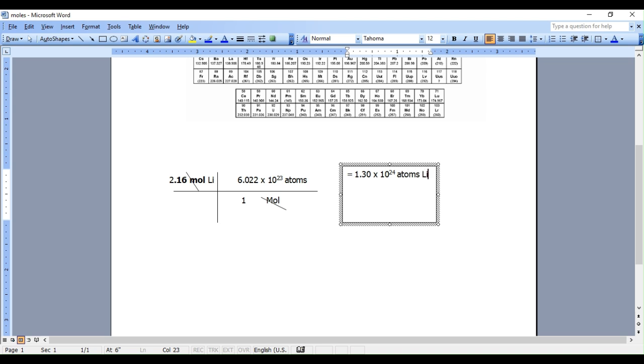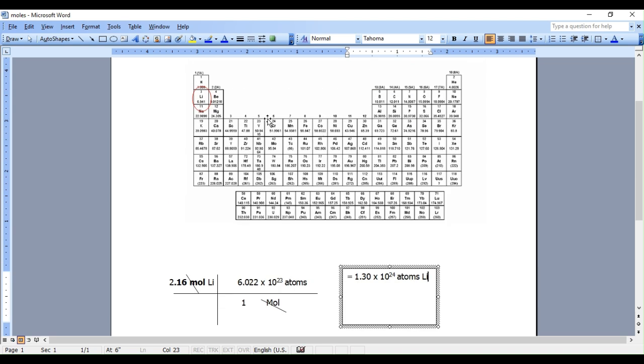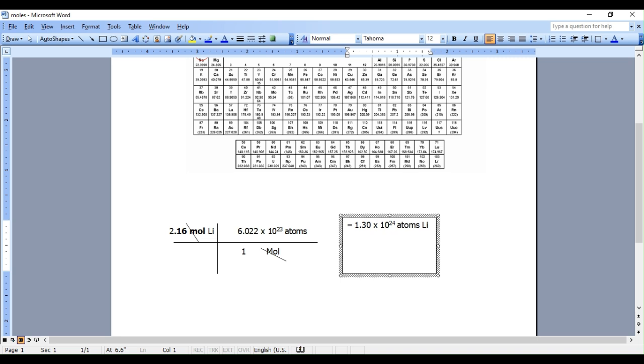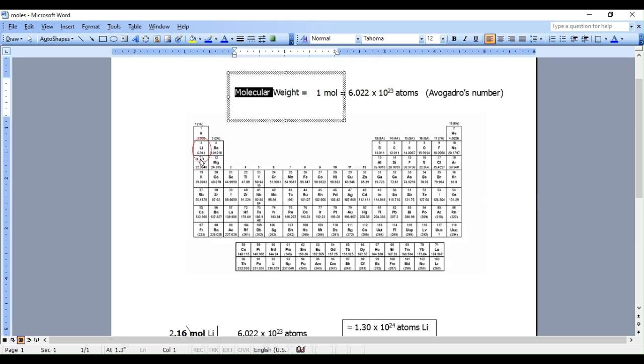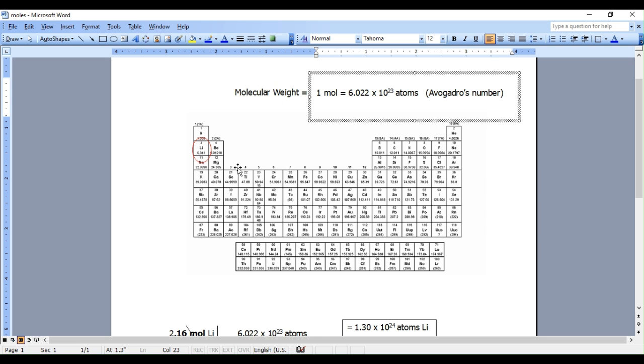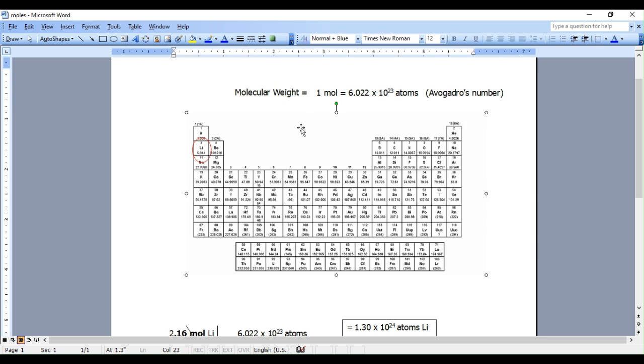Or 15 grams. These are all the same quantity. And I use this conversion, molecular weight, which in this case is 6.941, to 1 mole, 6.02 times 10 to the 23rd. Now, if I'm working with a different element, if I want to know 15 grams of, I don't know,